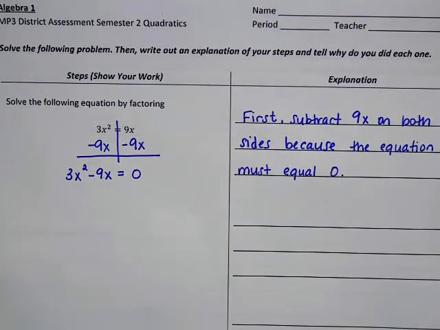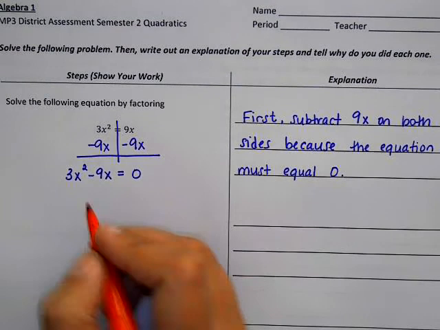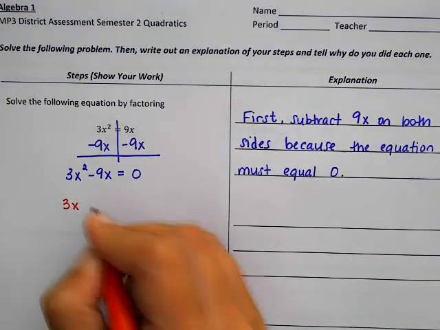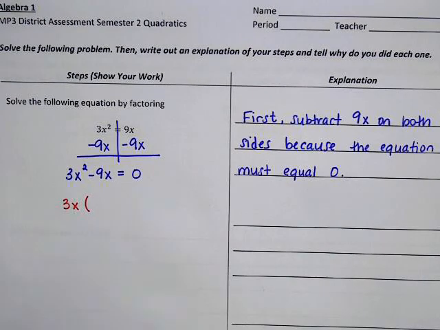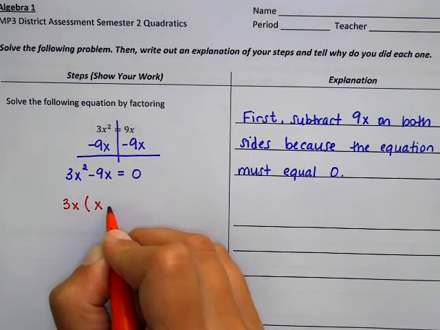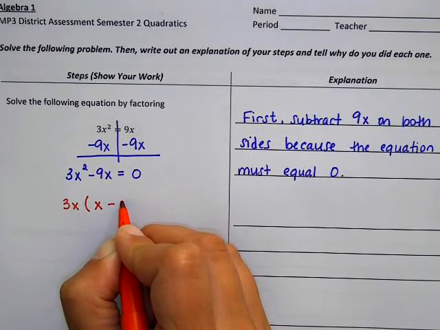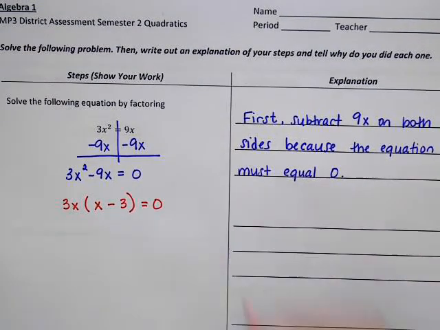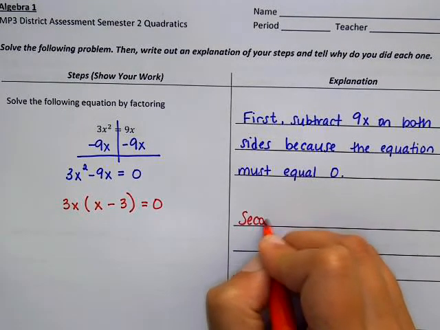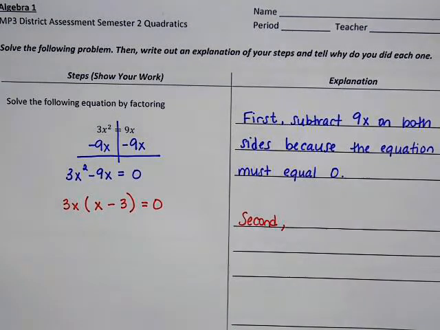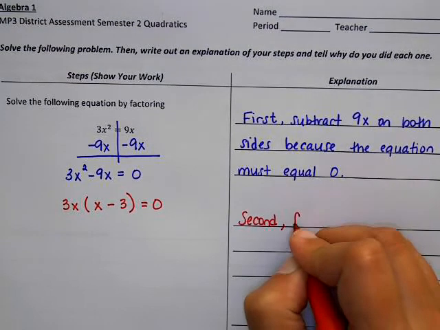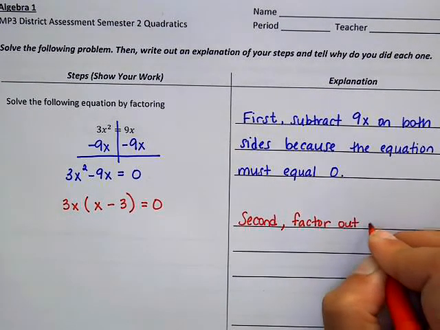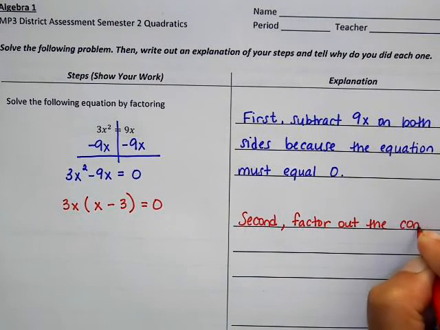Next, what we need to do is look for a common factor. The common factor between these two terms would be 3x. So we would write 3x parentheses. Now 3 divided by 3 is 1, so we would just have x, minus 9 divided by 3 would be 3, equals 0. Now in our reasoning, we would say second, because we should always use a sequencing word to put things in order, and we would say factor out the common factor